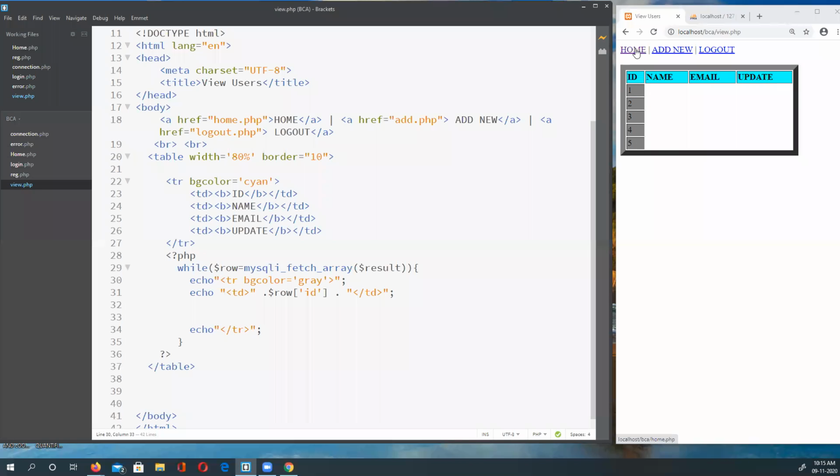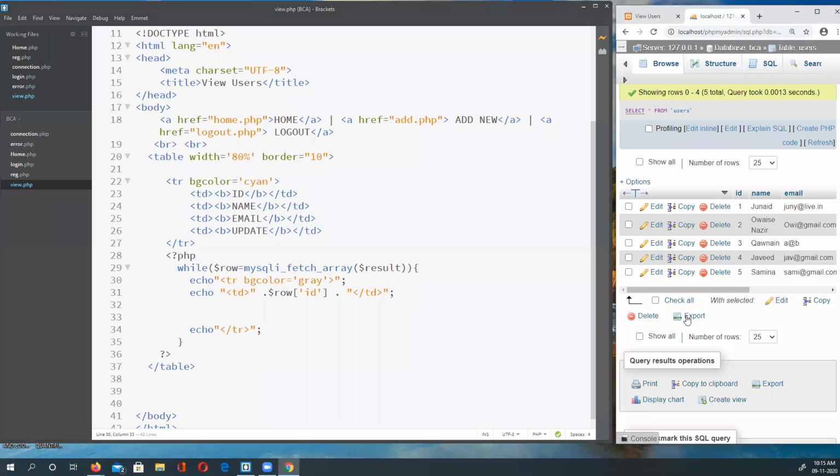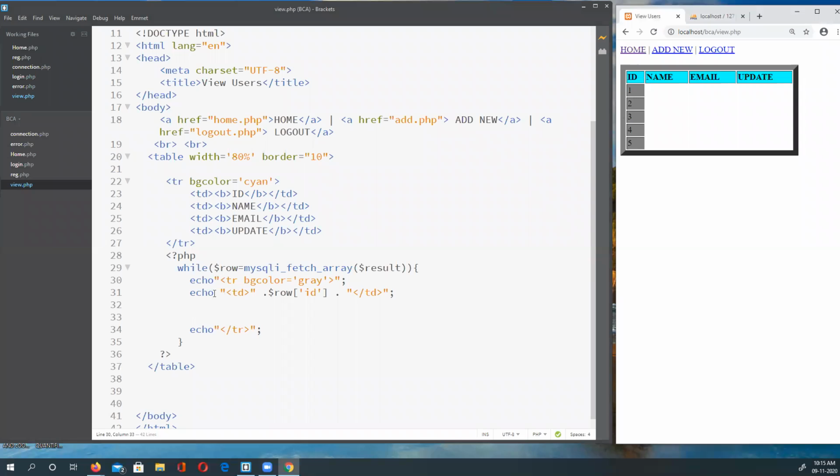जितने भी मेरे पास आईडीज होंगे ना, वो सारे के सारे, अगर होम आप यहाँ पे जाएंगे, हमारे पास 5 बंदे हैं, 1 2 3 4 5, ओके, सबके आईडी आ गए, क्योंकि मैं वाइल लूप में फिलहाल TR में सिर्फ एक ही कॉलम बना रहा हूं, वो है मेरा आईडी, रो ऑफ आईडी, इसने फेच करके लाया। इसी को अगर मैं करूंगा कंट्रोल D, सेव करूंगा, मैं कहूंगा नेक्स्ट कॉलम बना, TD मींस नेक्स्ट कॉलम, ये मेरा TR है, मैं इसको थोड़ा टैब दूंगा क्योंकि ये इसके अंदर है। दिस इज द रो विच स्टार्ट्स फ्रॉम हियर टू हियर। अब इको में क्यों लिख रहा हूं मैं TR, बिकॉज मेरा